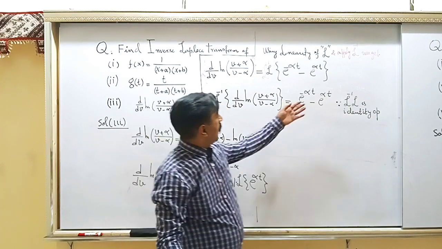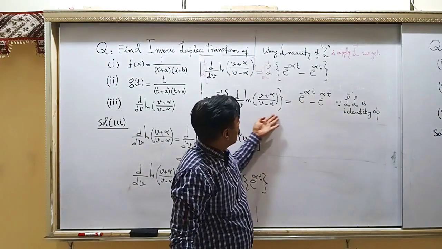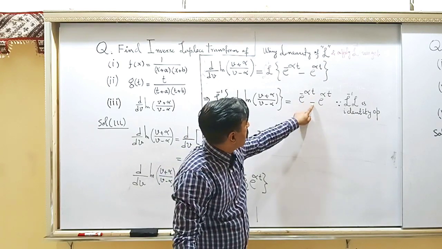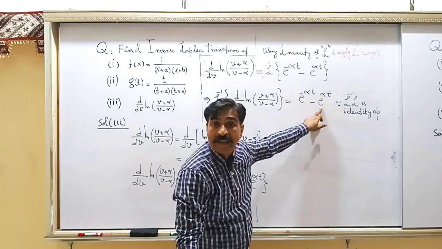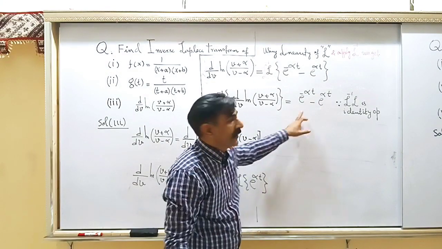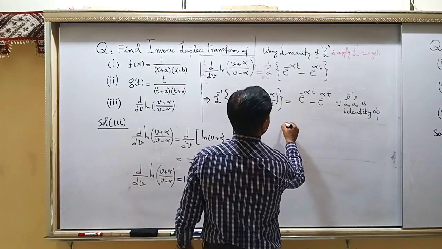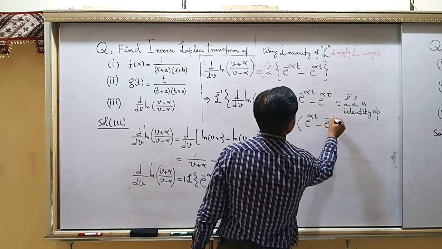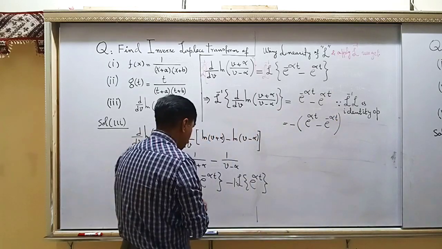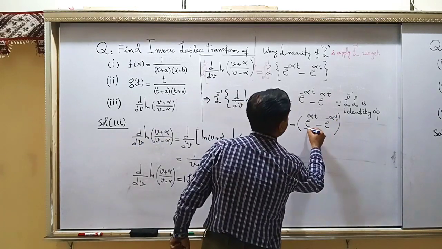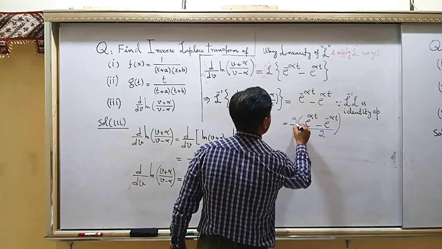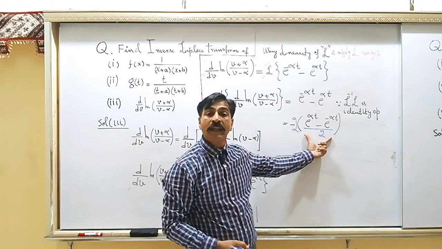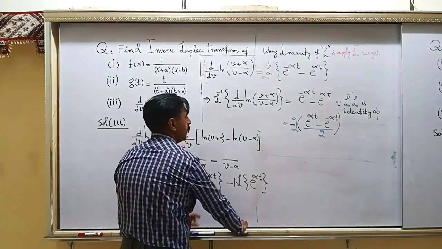Now you can report this answer as written here, or you can take the minus sign common and turn this into the hyperbolic function. Let's do this. Minus sign out, and this is e to the power alpha t minus e to the power minus alpha t, and then the next step, divide it by 2 and multiply by 2, and within the parentheses you have sine hyperbolic alpha t. So this is,